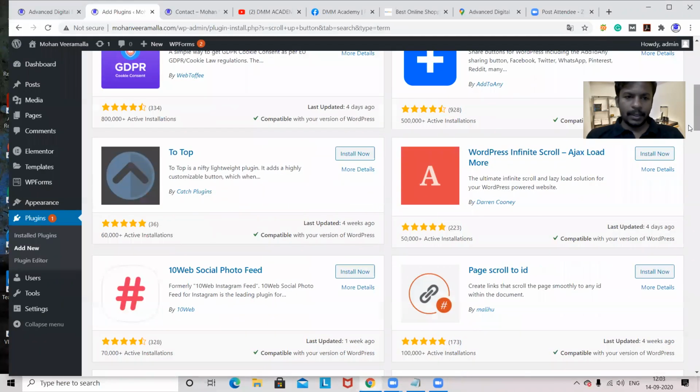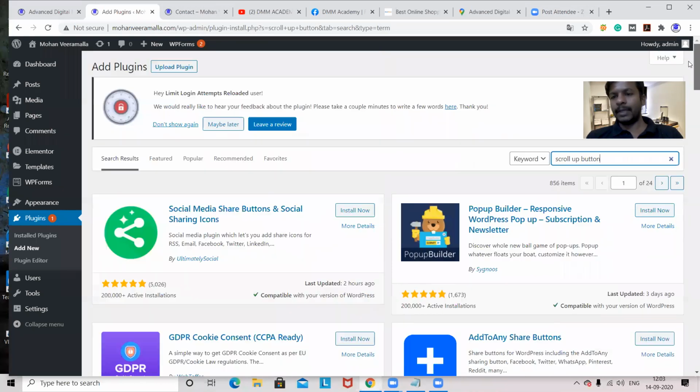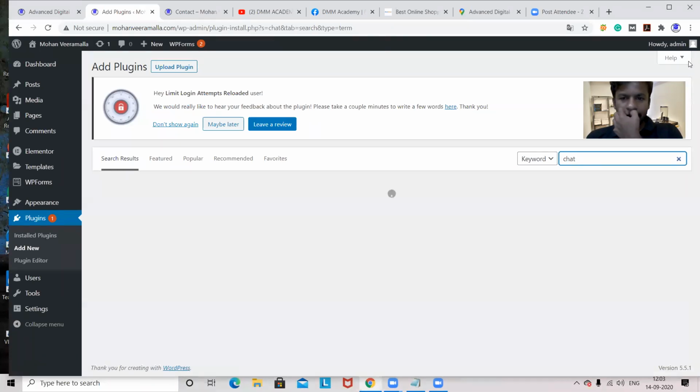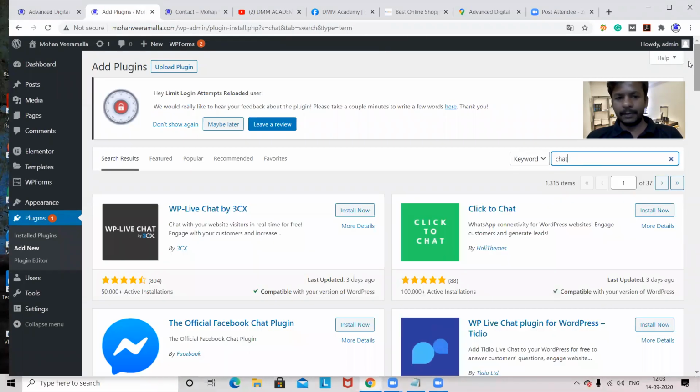So here, it's showing some plugin. I can add this plugin. Why? It has a tick mark. It is okay. 60,000 people used it. I can add it. It can show on the right hand side of the website. Okay, I can use that also. Or if you want to have a chat box, somebody visited and you want to chat, they want to chat, then you can have a plugin also. Search for chat, then automatically you'll get some plugins related to that. Here we have WP Live Chat, different plugins we have. So according to your wish, you can go.